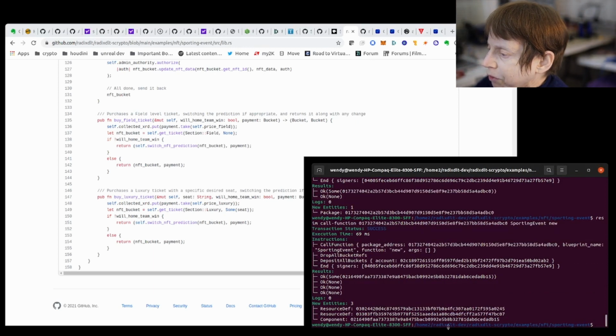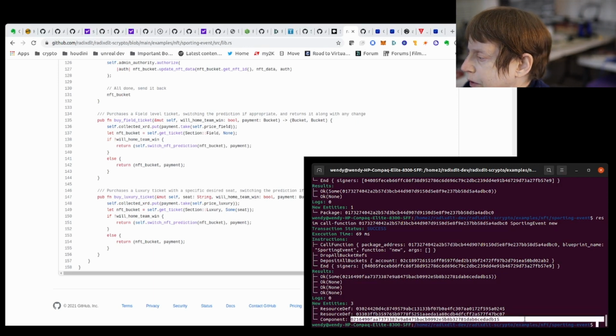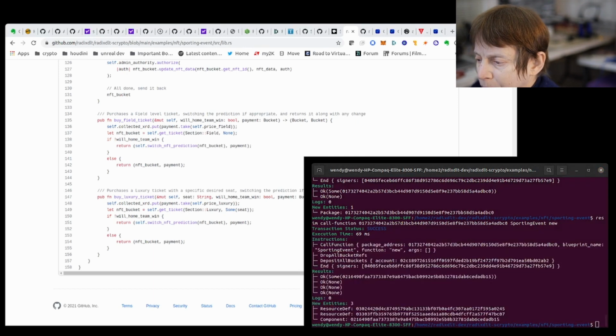And we get our resource definition, we get our component, and this is our component ID. Again, it's important to get our component ID because we're going to use that to call any of the methods. So let's copy that.